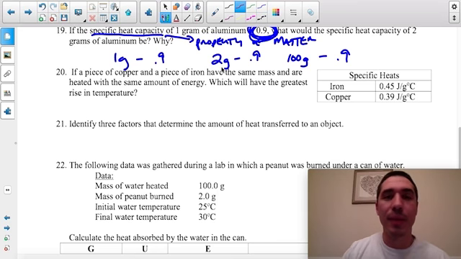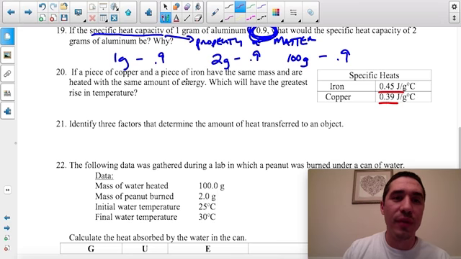Next, a piece of copper and a piece of iron have the same mass and are heated the same amount of energy. Which one will have the greatest rise in temperature? Well, in taking a look at my chart here, copper takes 0.39 joules of energy to raise 1 gram of it by 1 degree. And if I have 1 gram of iron, it would take 0.45 joules of energy to raise it 1 degree. So if I have equal size pieces, say that I had 1 gram of each,